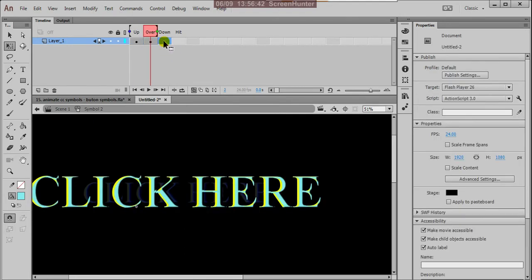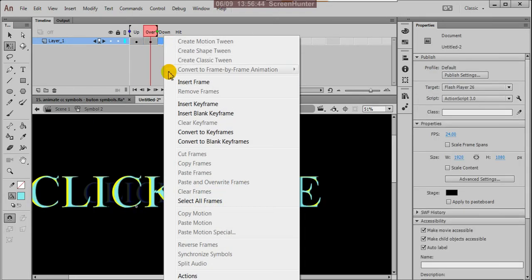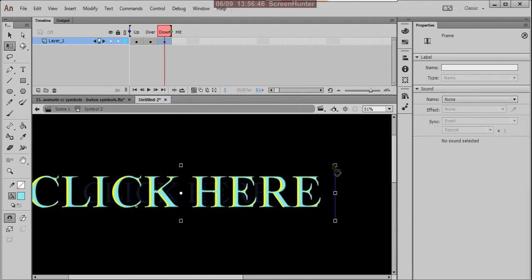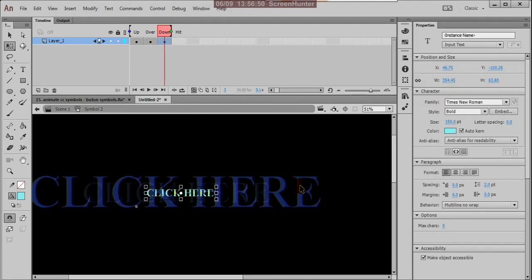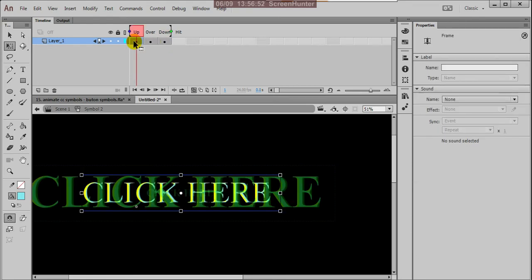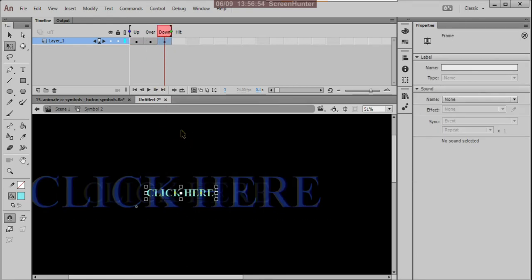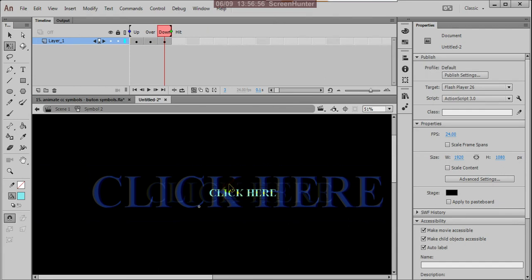And at the down area, insert a keyframe and make it more down, because it is actually down, so it is more down.